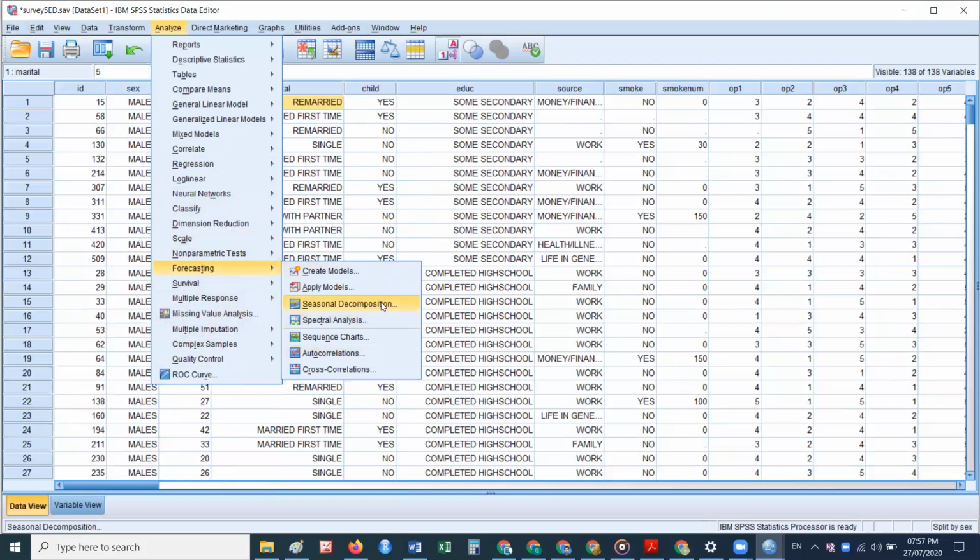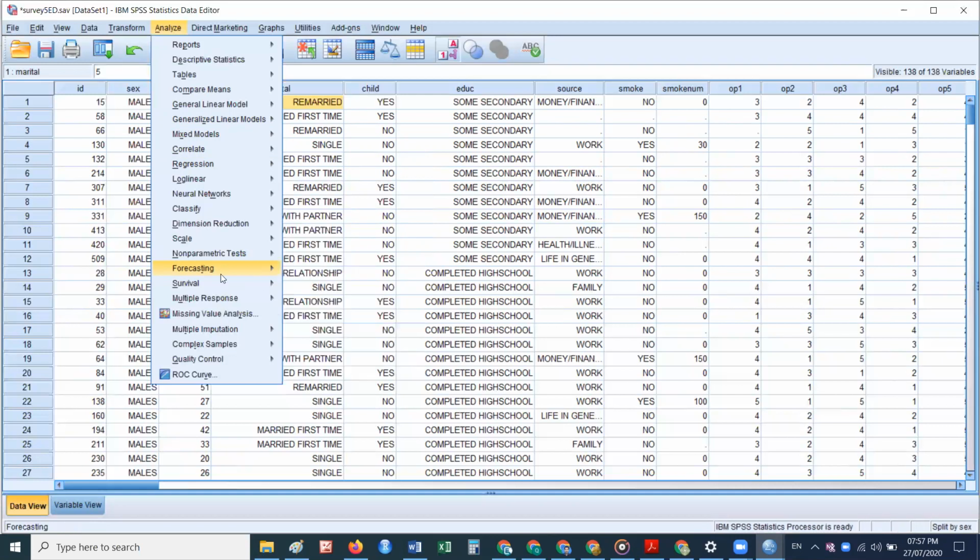These models have seasonal components. As I told you, in time series, there are seasonal components or cyclical components or trends. These are the different options in time series data. This is covered in time series, non-parametric.